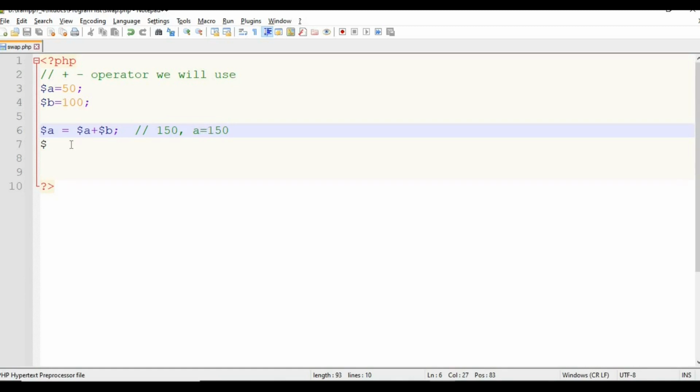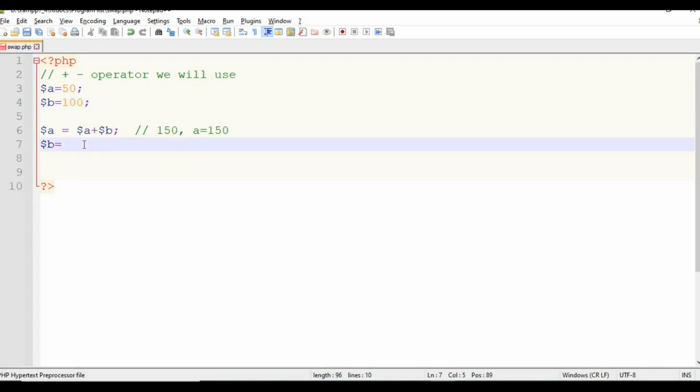Right? Now what we need: a value is changed here, it becomes 150. Now I will make the subtraction. Now 150 is there, and I need to assign the value of 50 to this b. I know a has now become 150, so to get the value of 50 for the variable b, I need to subtract 100 from 150.